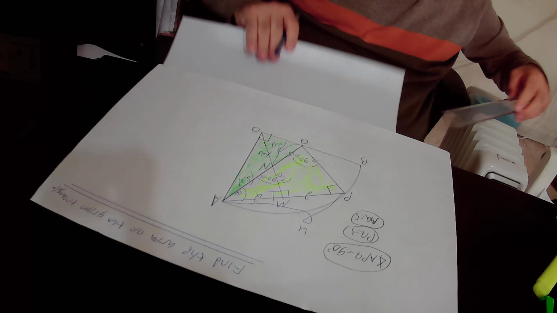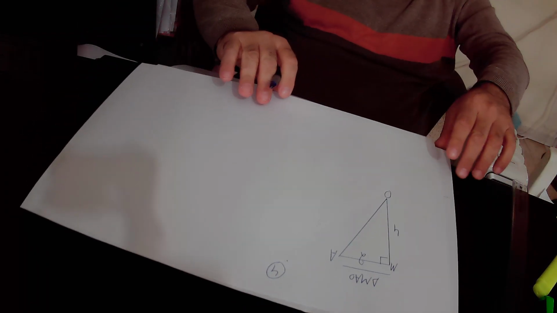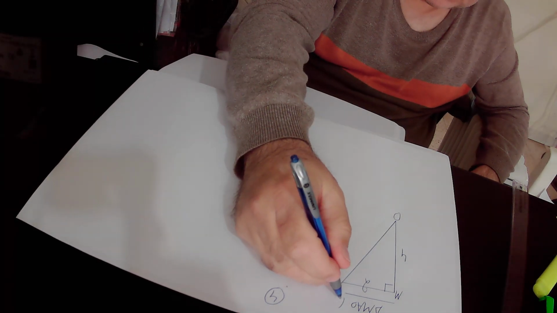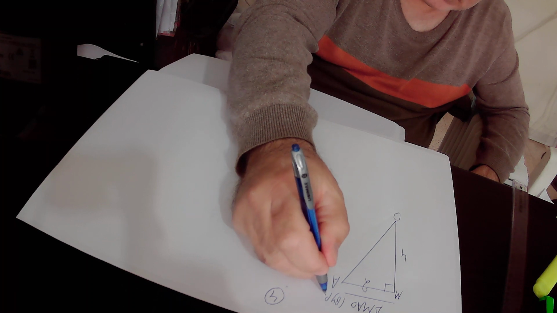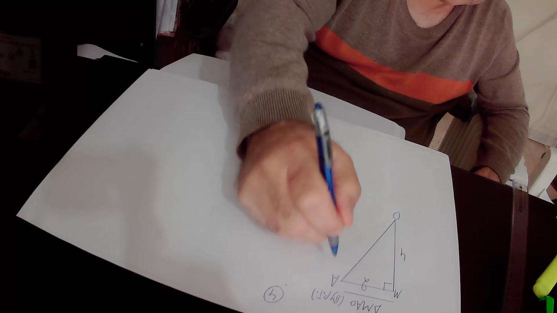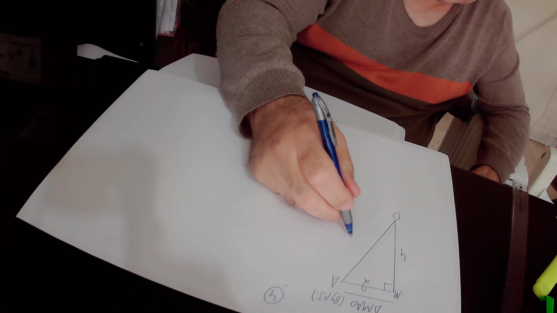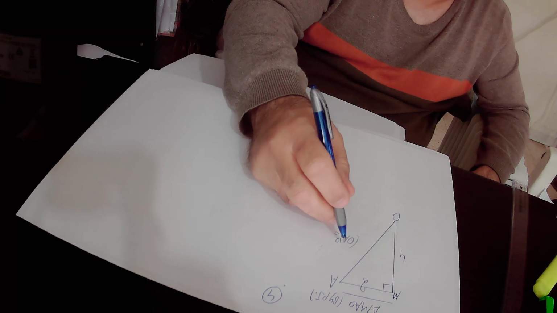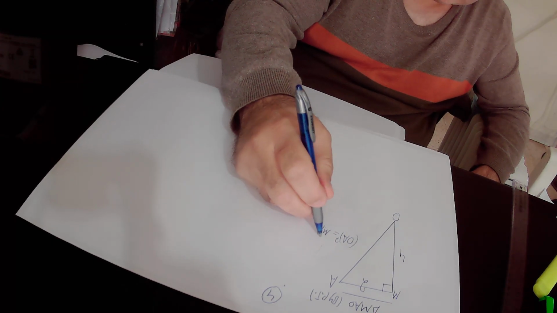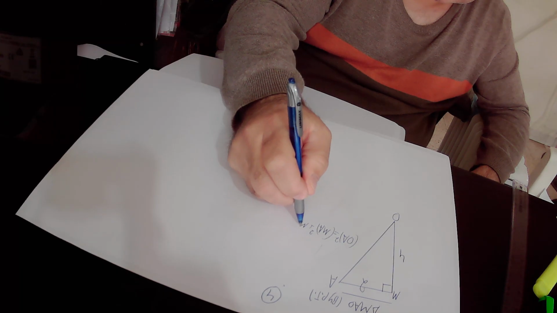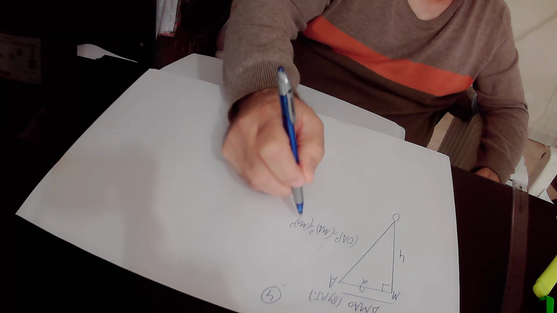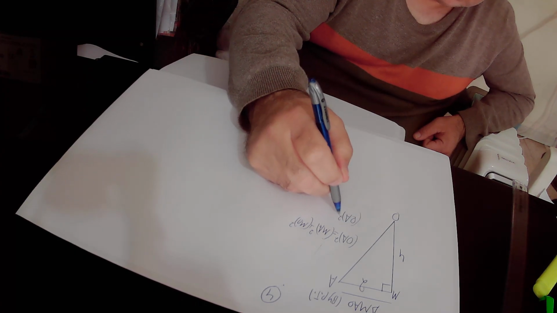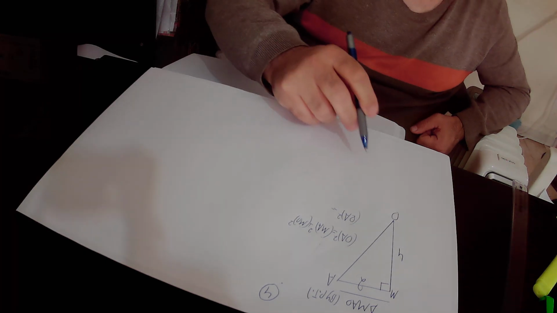So actually, this is the right triangle AMO that I copied from the original drawing. Here, by PT, in the relation for the Pythagoras theorem, the square of the hypotenuse equals the sum of the squares of the perpendicular sides. The hypotenuse is OA, the square of the hypotenuse is OA squared, and it must be equal to MA squared plus MO squared. OA squared equals MA squared